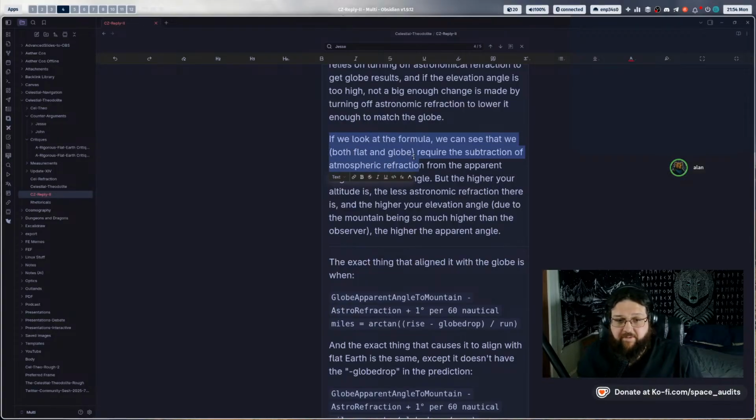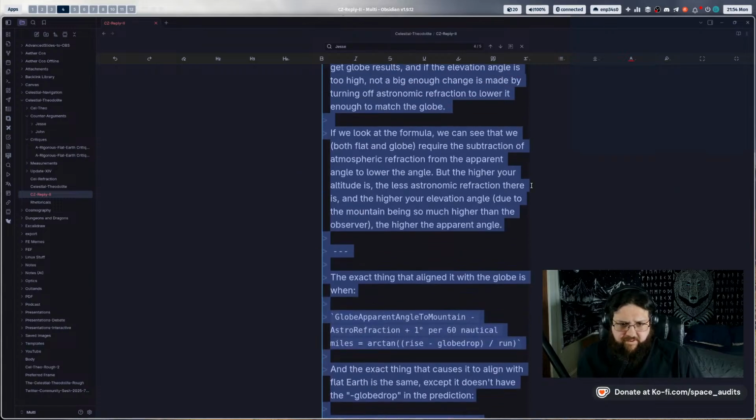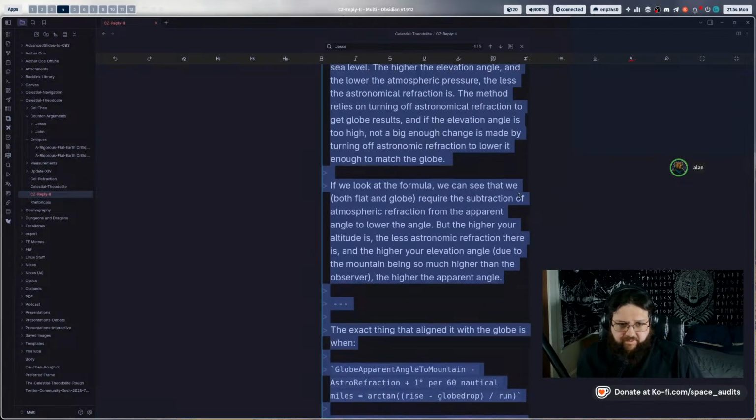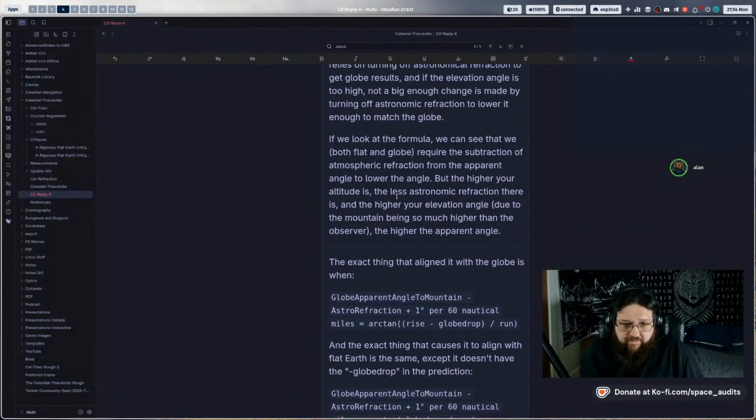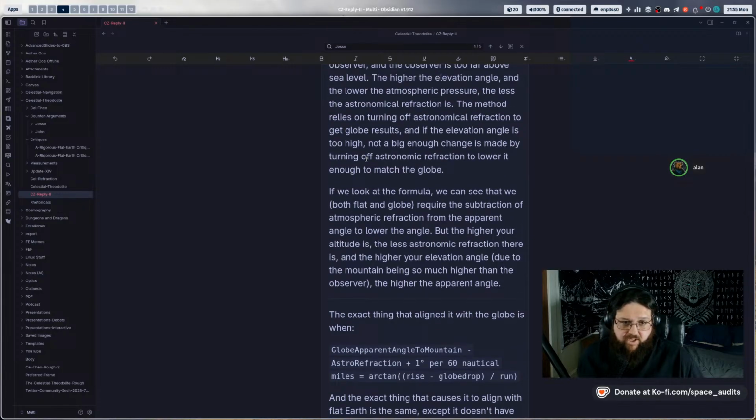This is the formula that he made for a simulator to get the globe Earth angle without, quote, using the flat Earth angle, because there was this weird thing that happened where he had to circumvent that. So anyway, this is his derivation to subtract and add these things to make the prediction right. We don't have to do that because that's part of our premise and fully substantiated in the measurement.